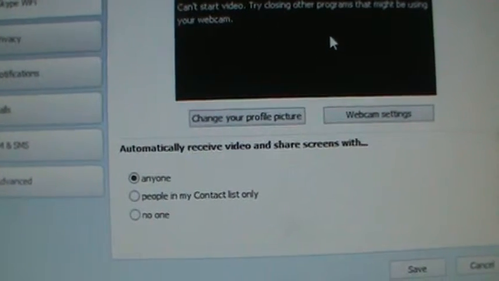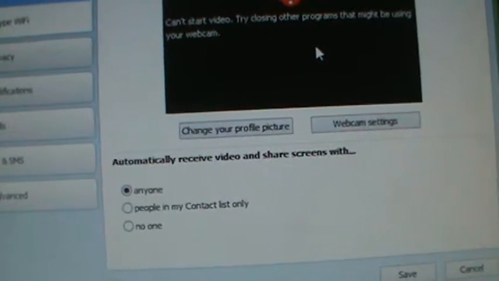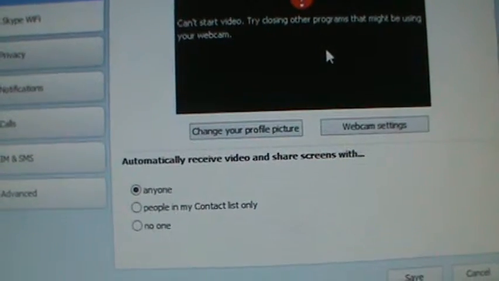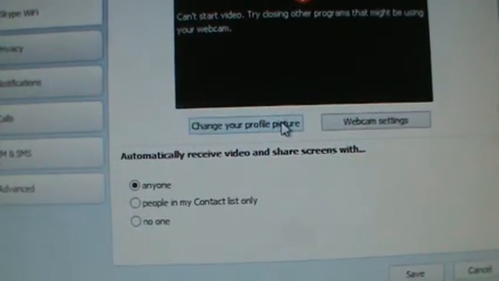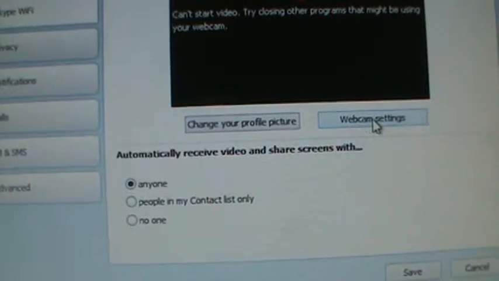But I've been pretty frustrated whenever something like this does occur. You could click on one of these options, like webcam settings,